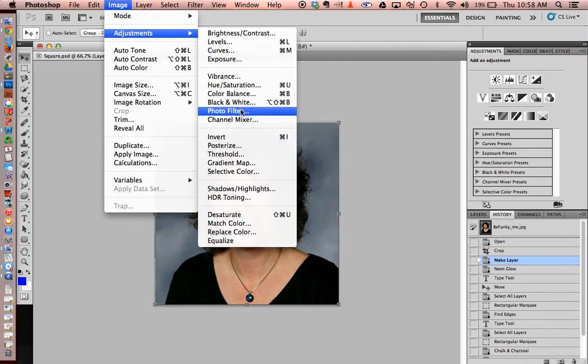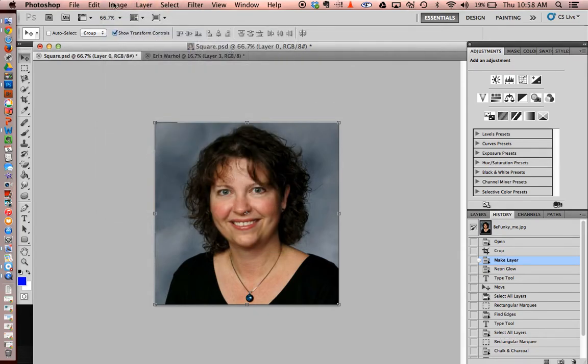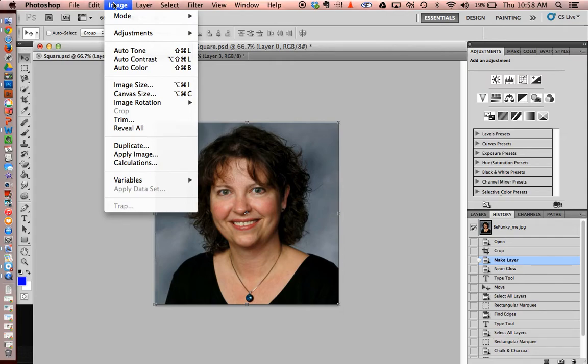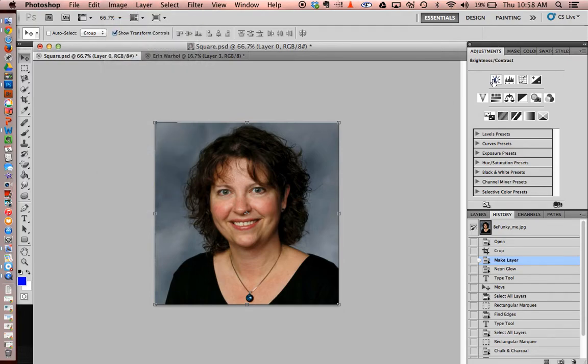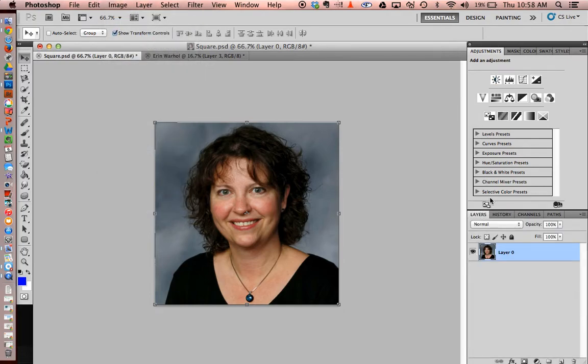The difference between this on the menu bar up here and the adjustment bars, the adjustments over here, is that up here it actually applied it onto the image itself and it changed the pixels of the image, which was kind of nice because it's a quick way to work on it. So that's why I had you learn that first. But the adjustment layers are really nice because if I go back to my layers to see what happens now,